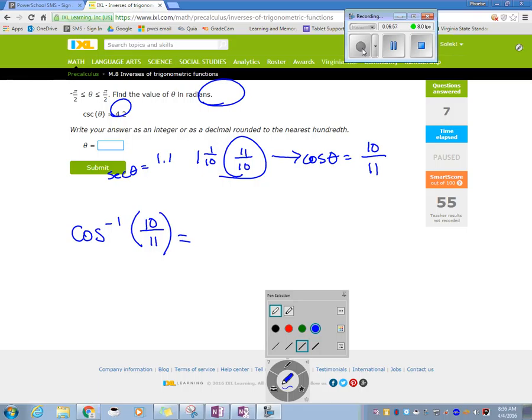Is it the connection? So you gotta put a